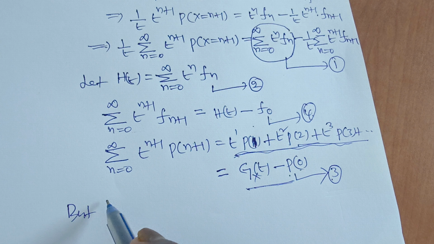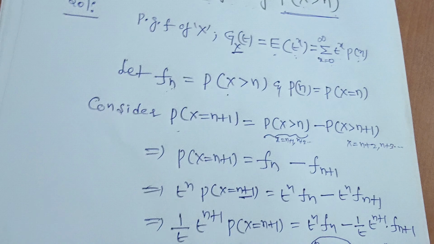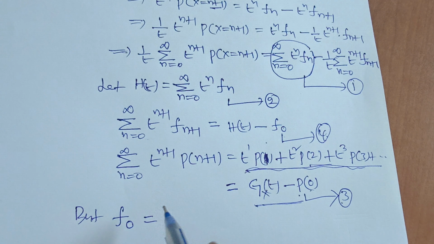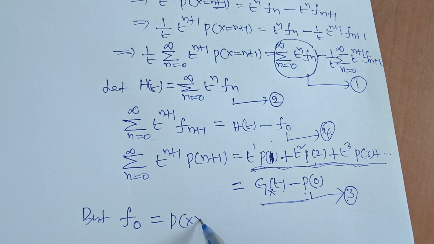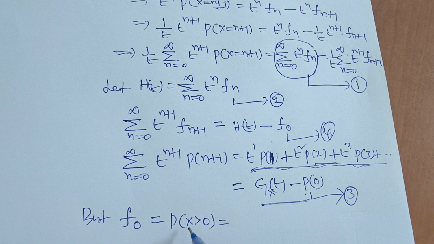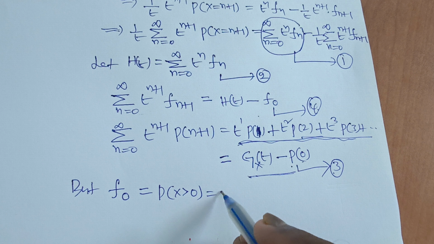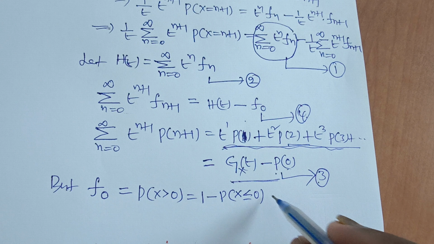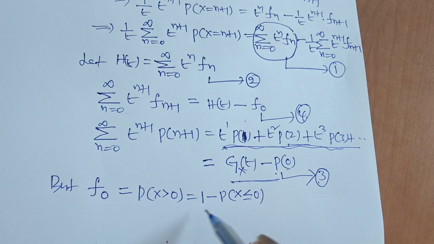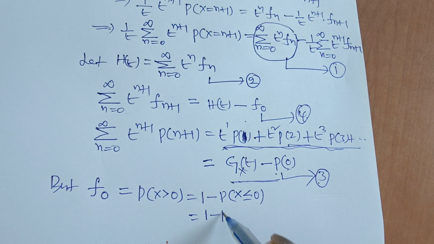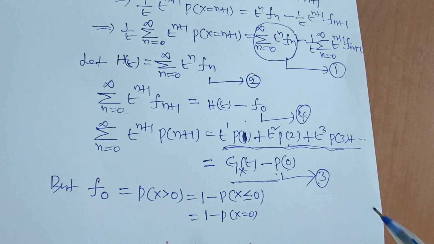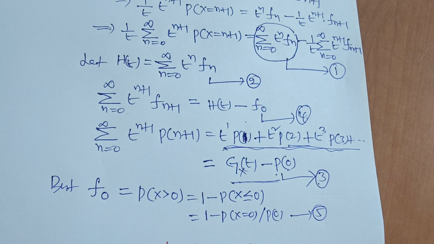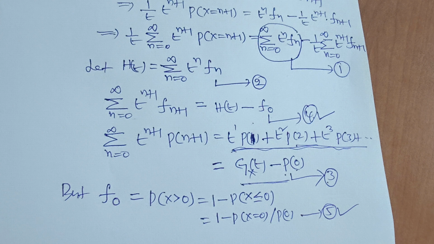We know what is f_0 indication? Here f_n equals P(X > n). That's why f_0 is P(X > 0). We know P(X > 0) can be written as 1 minus P(X ≤ 0), which means P(X = 0), equals 1 minus P(X = 0). So simply it can be written as P(0). Number 5. From equation 4 and 5,